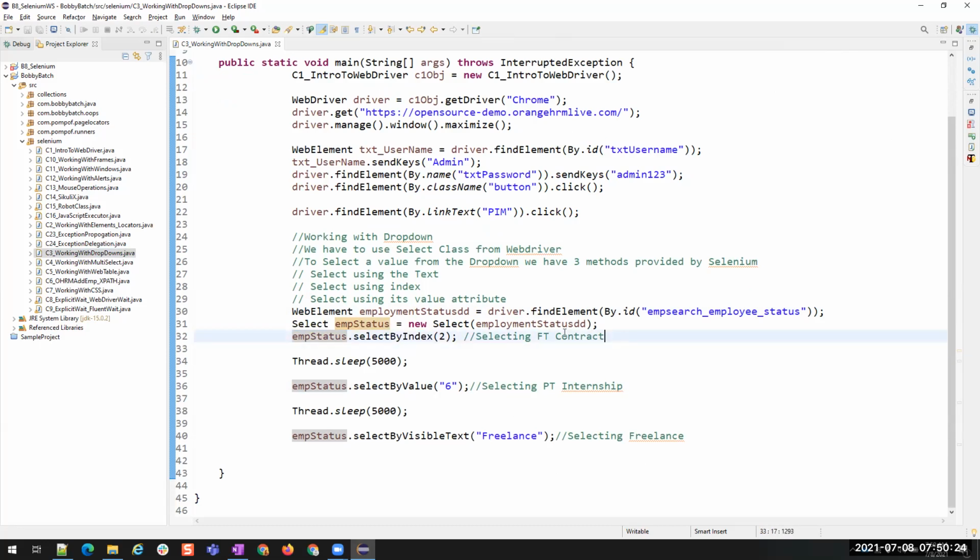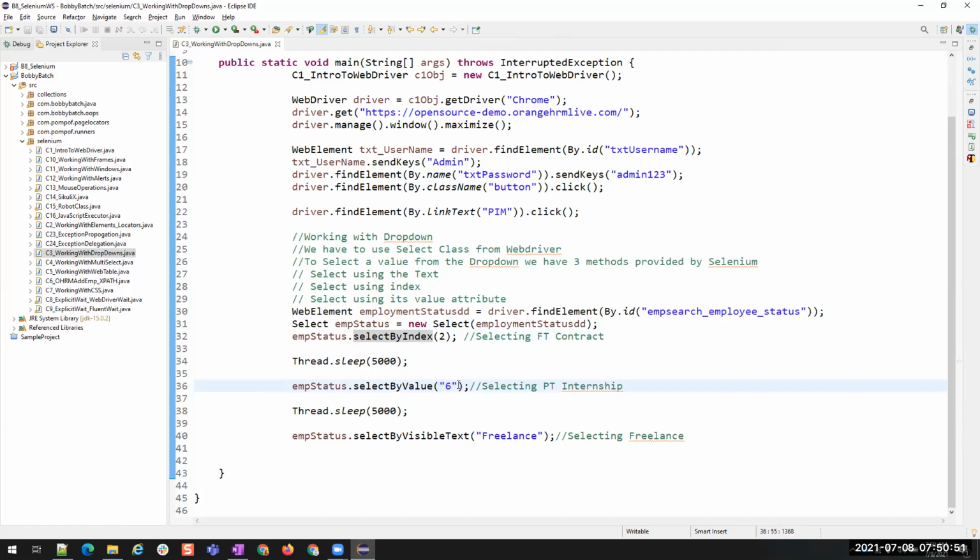Or did I assign any status if, for example, I tried to select full-time contract, but it is still showing freelance? So it has to stop the execution, right? It has to give me the status, whether it successfully selected the full-time contract or not. Similarly, I want to select internship here using the value 6, but it is selecting something else.